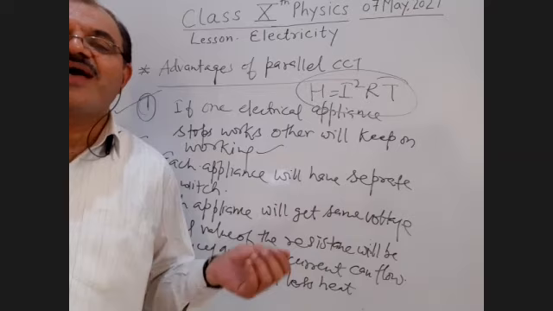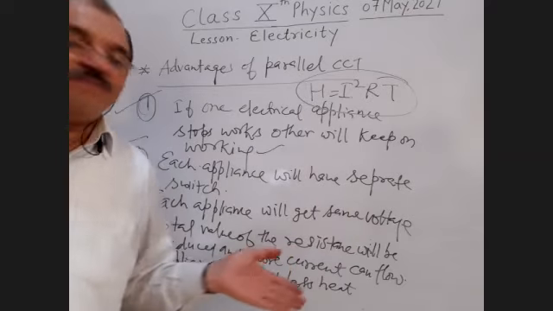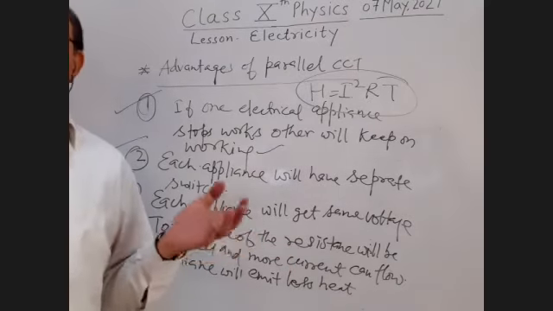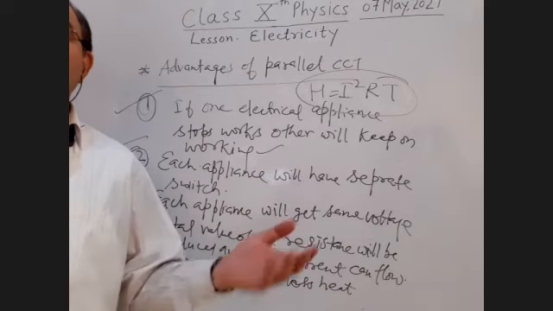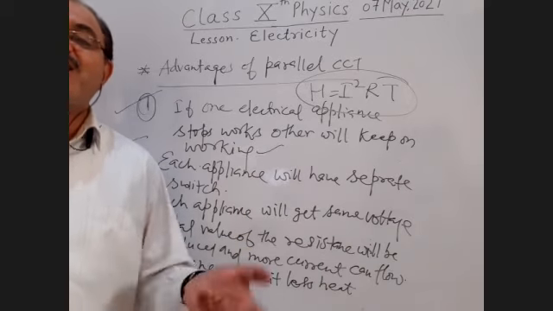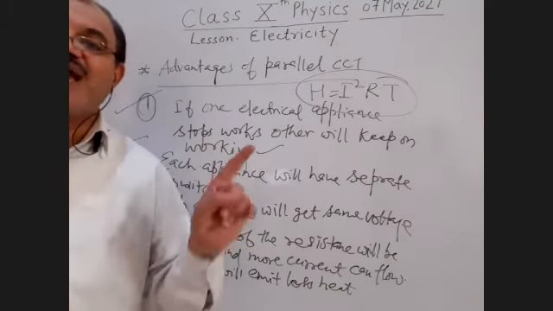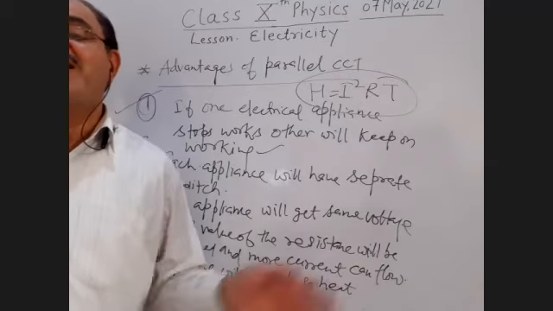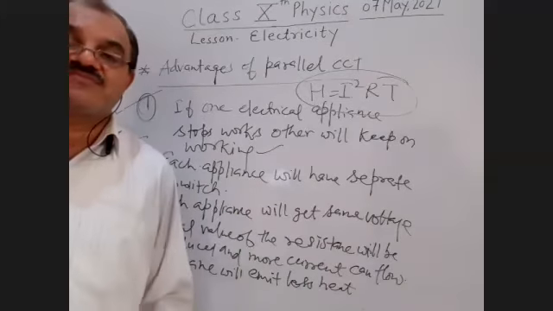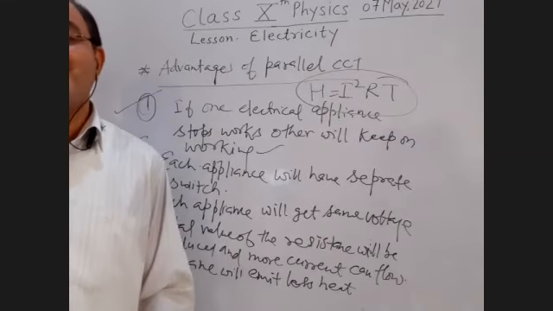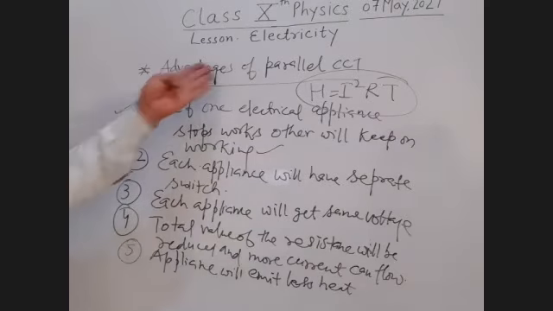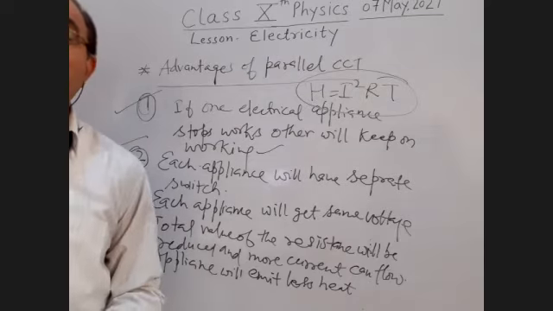The reason is this: they want to minimize the temperature, because the appliances are emitting heat, and they want to control the heat dissipated or emitted by the electrical appliances. That can be controlled, and it will enhance the life of the machinery or any of the electrical appliances. Is it clear, students? So these are very, very important points. The 5 points I gave, the advantages of parallel circuit, please note down.